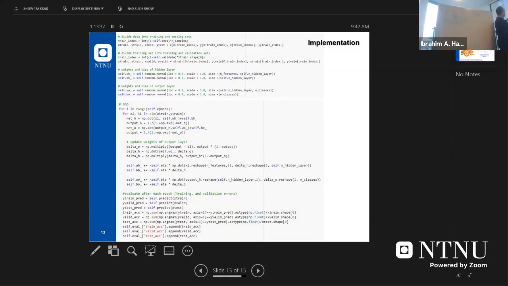This is the output. So the output here, it will be the output from here multiplied by the weights plus the bias for this layer. And after that, I will apply this function 1 divided by 1 plus exponential minus net. So now we go forward. When we go forward, we calculate the output, right? So when we calculate the output, we need to go backward. How can we go backward? I need to